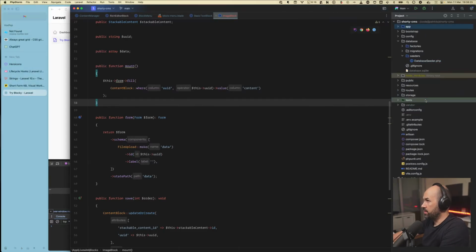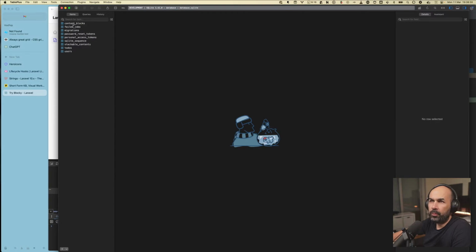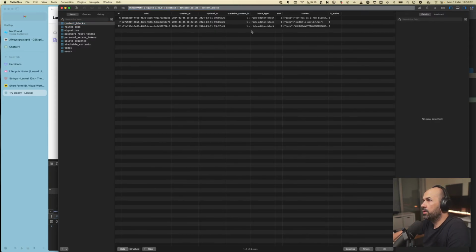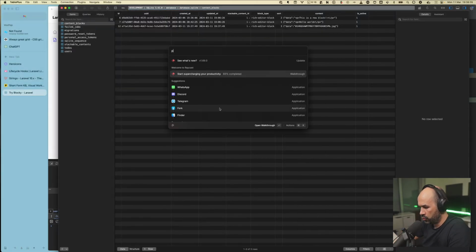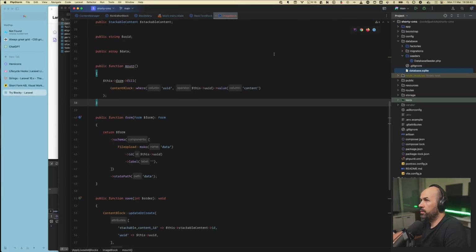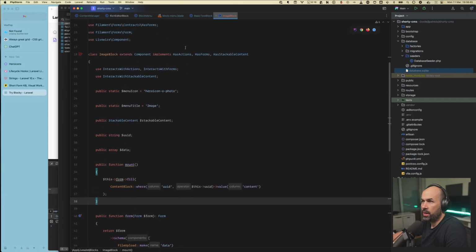Okay, let's check at least the database if all is well. So our content blocks. Oh, right, because block type is a rich editor block, and this is not true. So why is that? Because our image block,